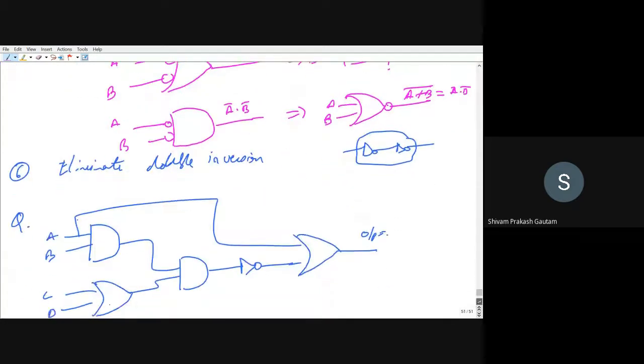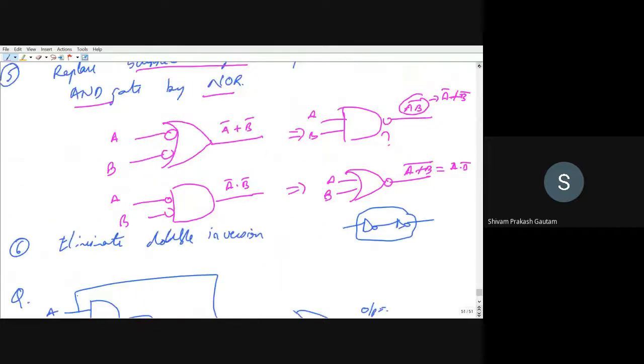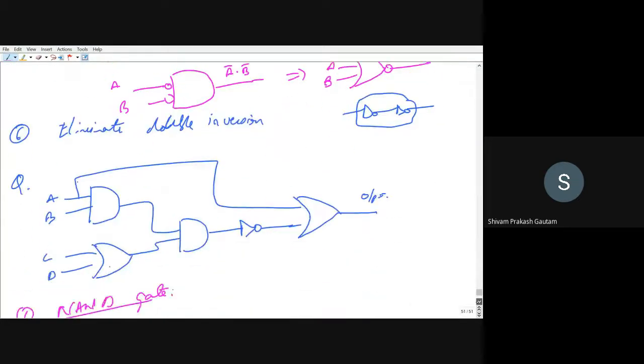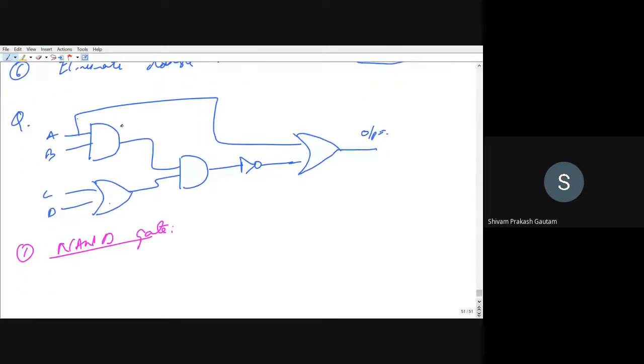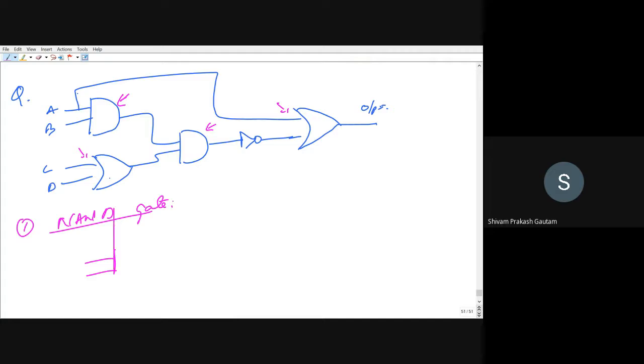If you want to make a NAND gate from AOI logic, what you have to do is add a circle to the output of the AND gate, and another bubble will be at the input of the OR gate. You can see this is our AND gate, and this is also our AND gate. So to the output of the AND gate you have to provide a bubble, and at the input of the OR gate, this is our OR gate, and this is our OR gate. So just see, I will be drawing. This is our AND gate. AND gate I have drawn.